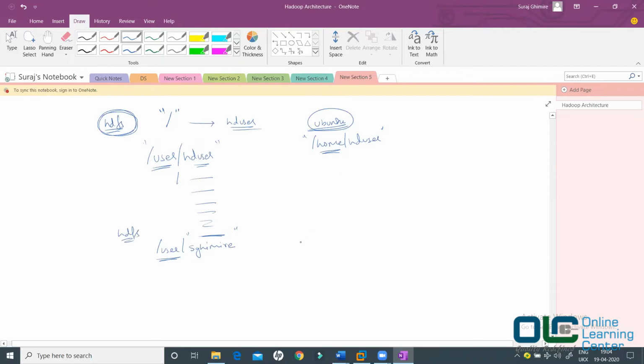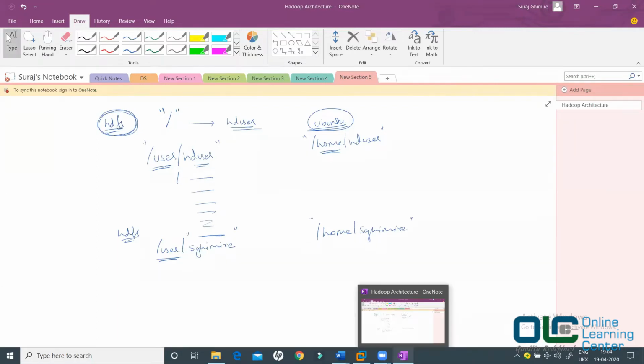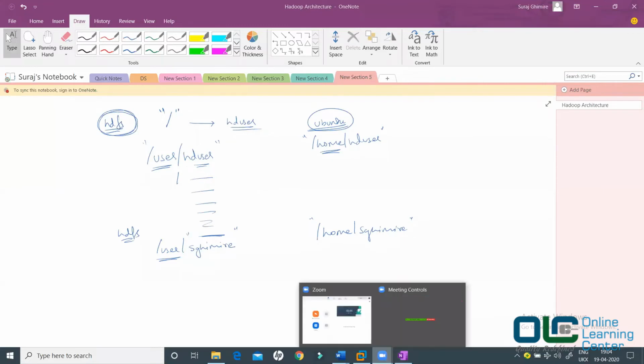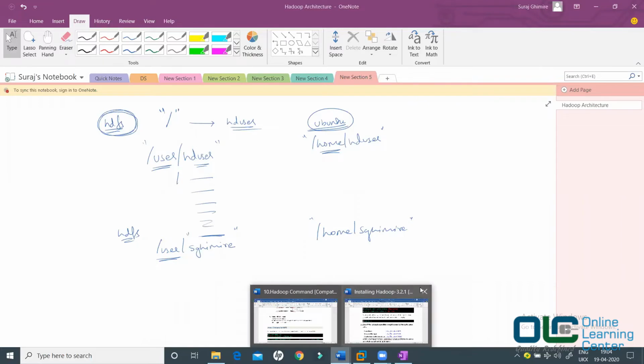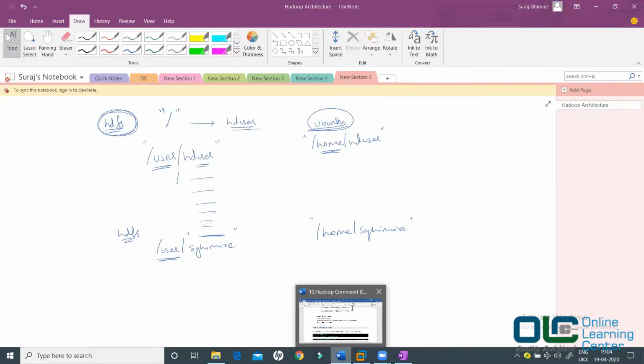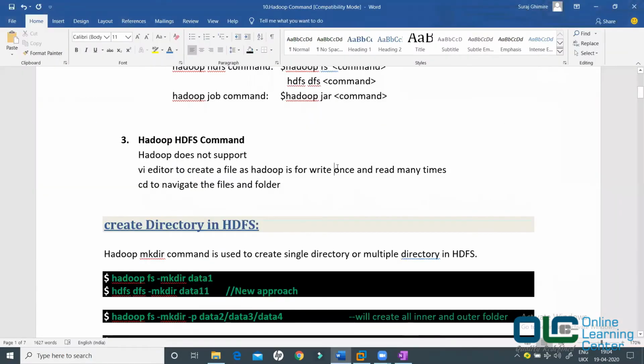Similarly, when I log into an Ubuntu system, or maybe an edge node or some other Linux machine, I'll have the folder structure like this, SGHIMIRE. The admin team will take care of creating your own username and all.